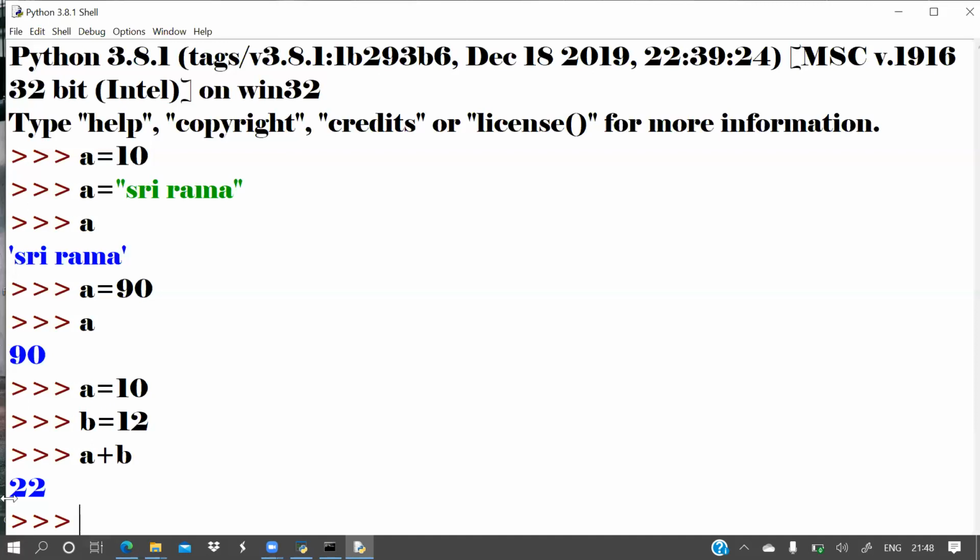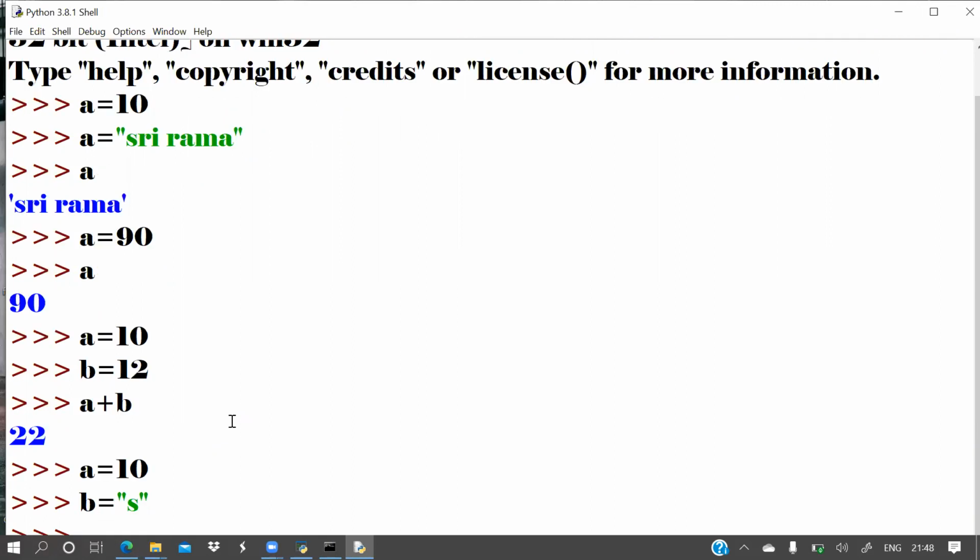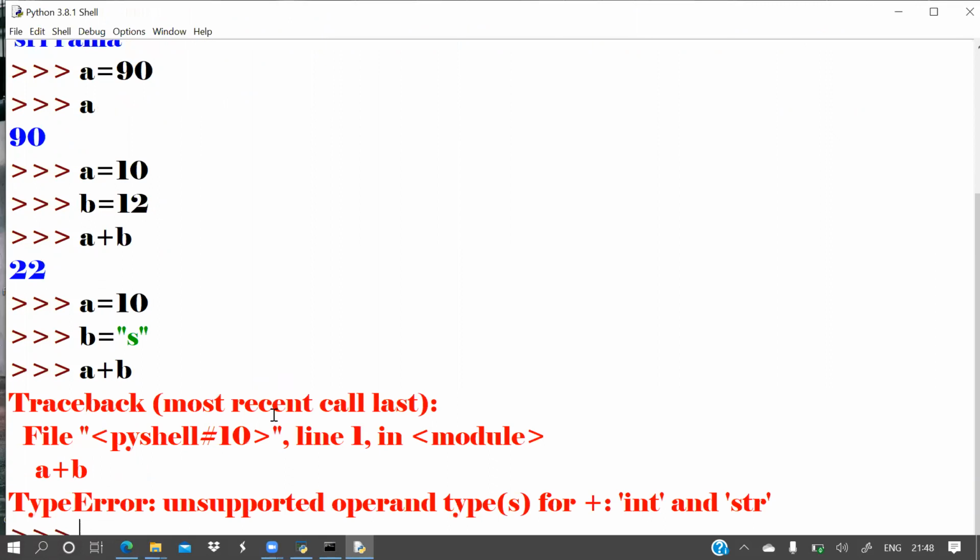Then A is 10 and B is S. Let us say S. If I write A plus B, what is the answer? See, it is showing an error. What is the error? Type error. Remember this word. That is important. You can see this is an error, but what type of error is it?